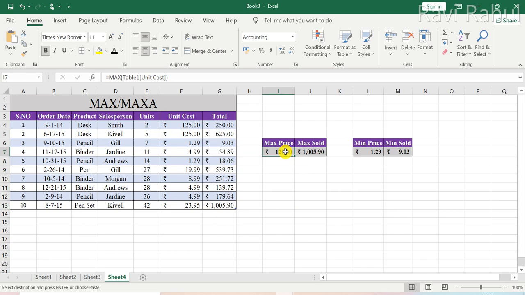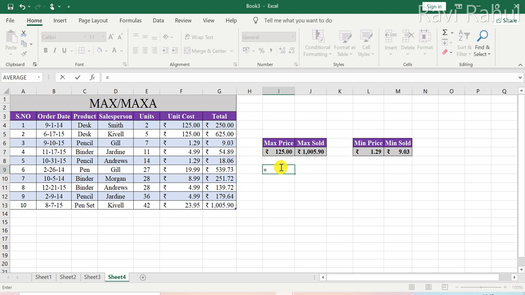I will type in the formula, that is max, and select the maximum price. This column contains the price, that is the total sold price of the products, and I want to see what is the maximum cost that has been achieved by the company.